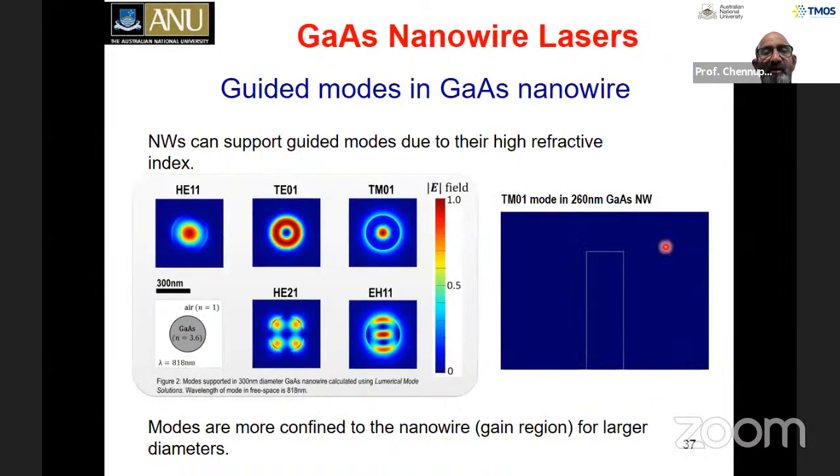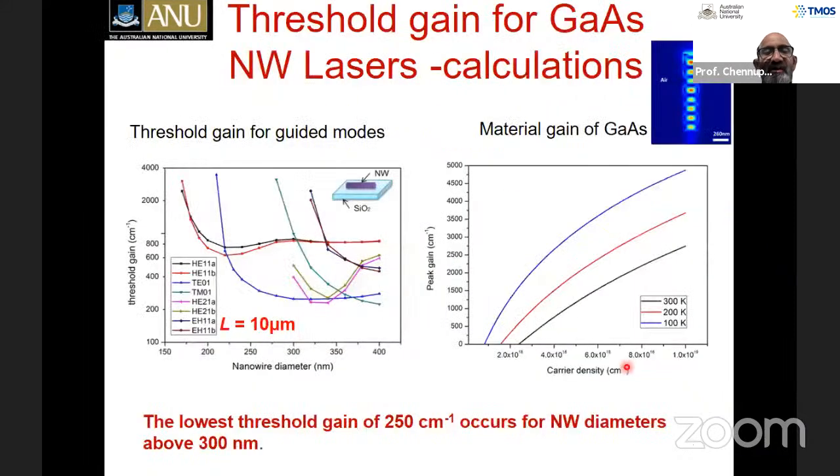two examples. Drew Saxena did a lot of FDTD, finite difference time domain simulations, looking at various optical modes and how the light propagates through these nanowires. This is an example of the TM01 mode propagating through a 260 nanometer gallium arsenide nanowire. You can see that the field is really concentrated at the core of the nanowire, which is ideal for this particular case. Here Drew's simulations show the threshold gain for lasing as a function of the nanowire diameter, for a nanowire about 10 microns long sitting on a glass slide, because again, a low refractive index substrate is important here